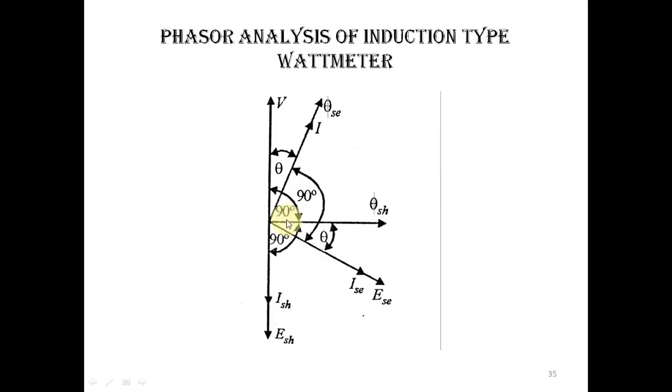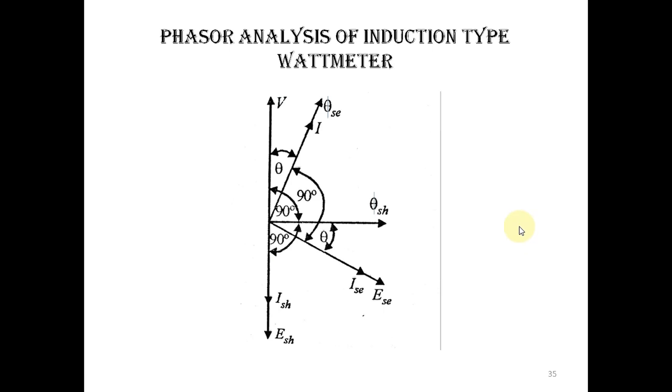So V shunt magnet lags 90 degree, here this 90 degree, this is shunt magnet. And this shunt magnet again, it induces eddy current in the aluminum disc. You know that. So eddy current will be how much? 90 degree lagging, phi m sin omega t. Phi equal to phi m sin omega t, that is flux.